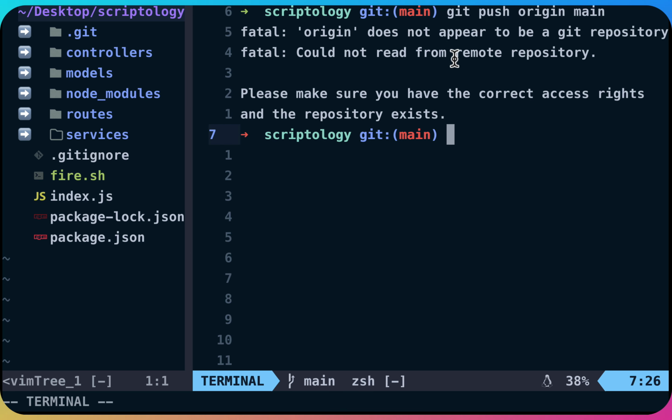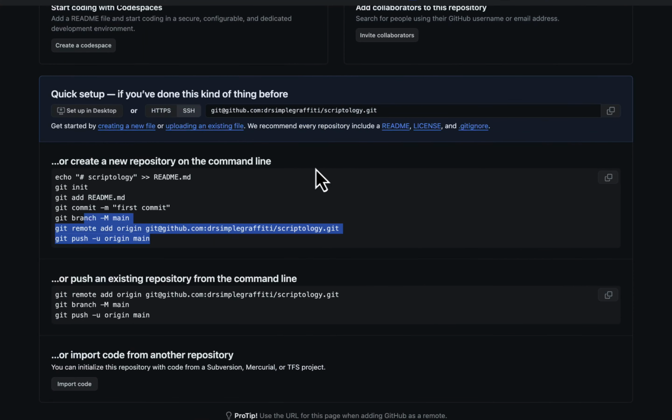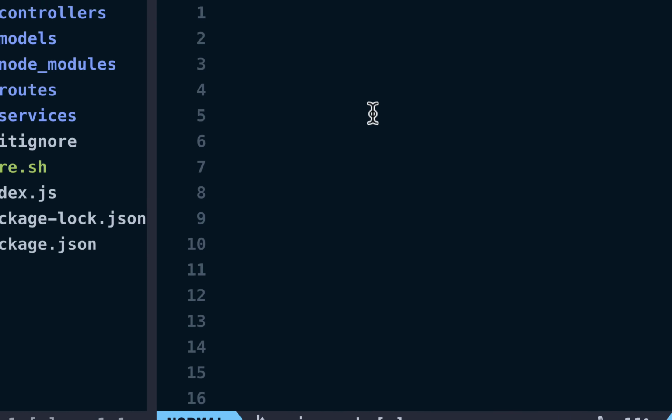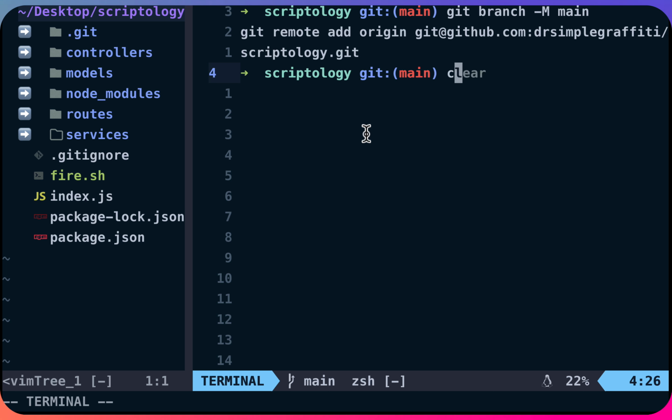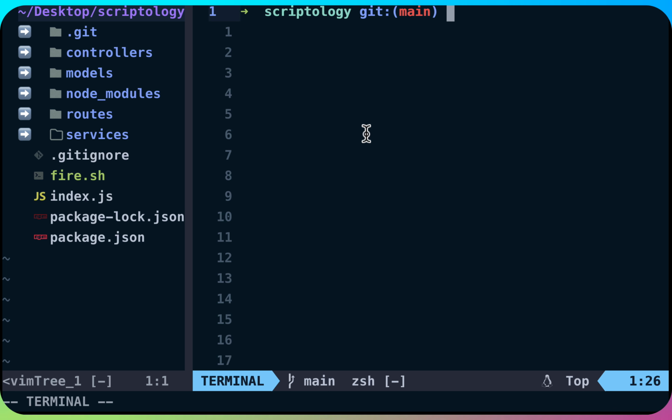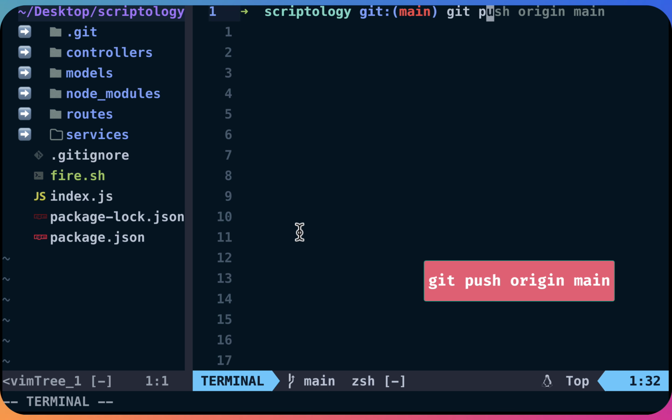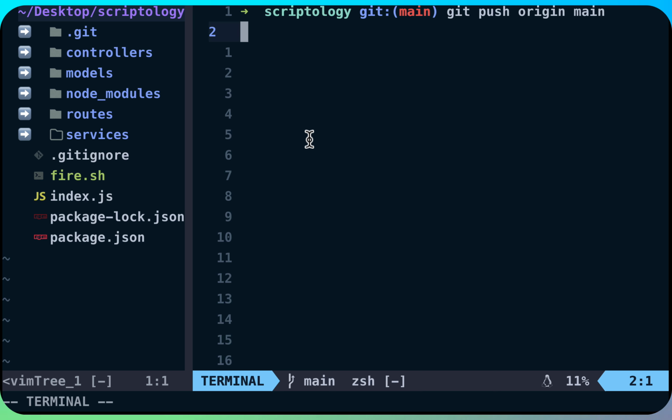So okay, I think we need to add the remote, right? Git remote add, this guy here, and this. Copy these guys, paste. Yeah. Then we need to do git push origin main, right? So we have